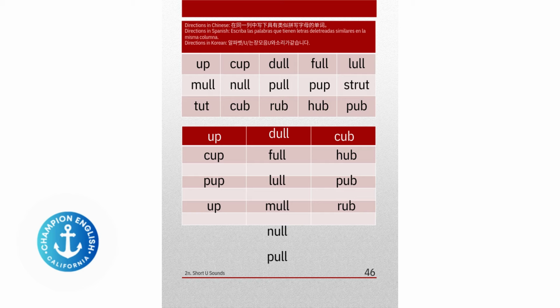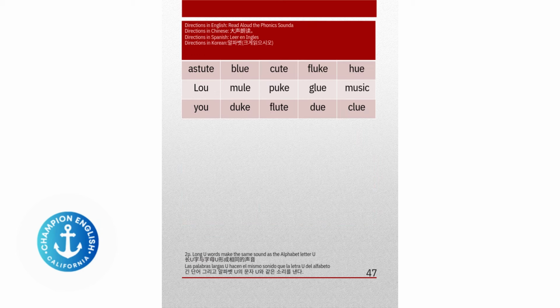Okay, students, excellent work. Okay, now we're going to work on the long U words. Let's say that together. Long U words. That's right, students. We're working on the long U words. And our first word is astute,